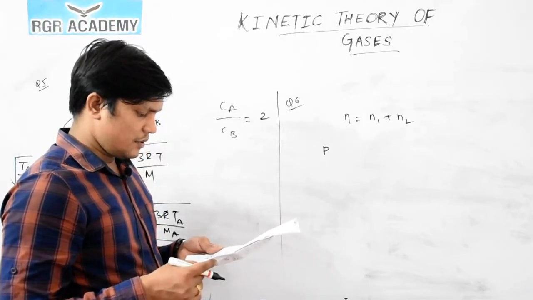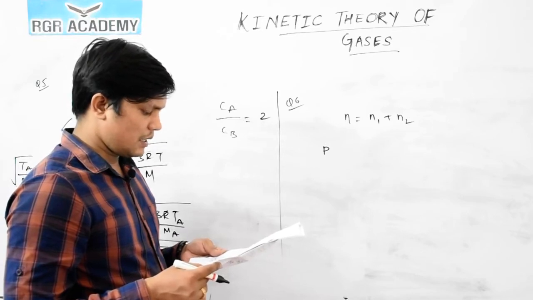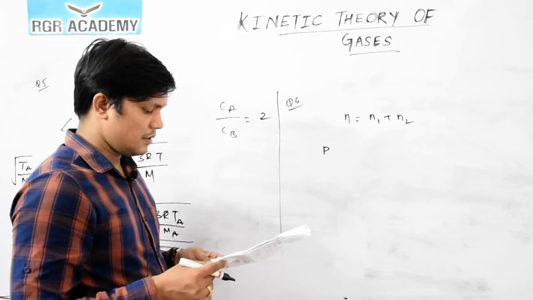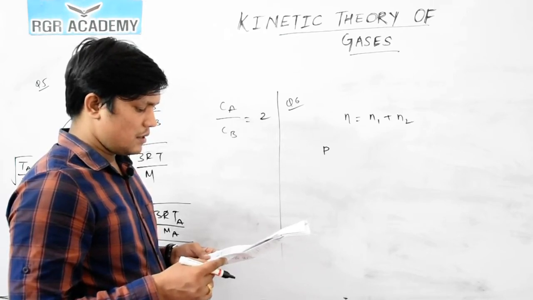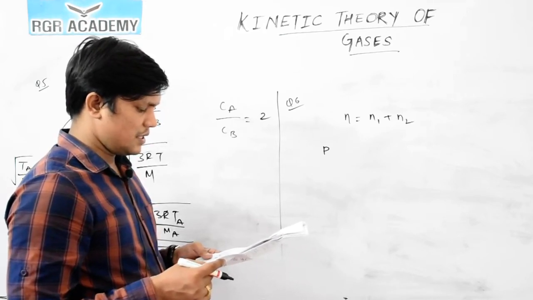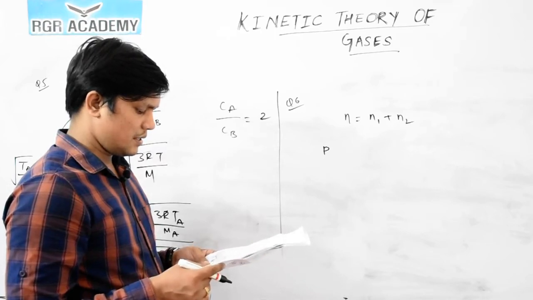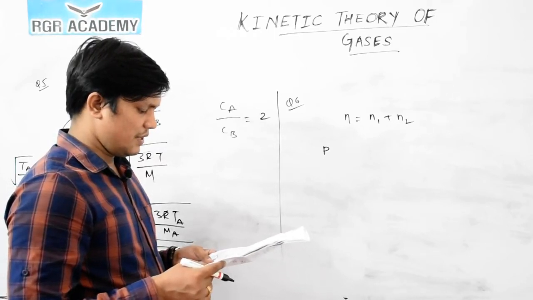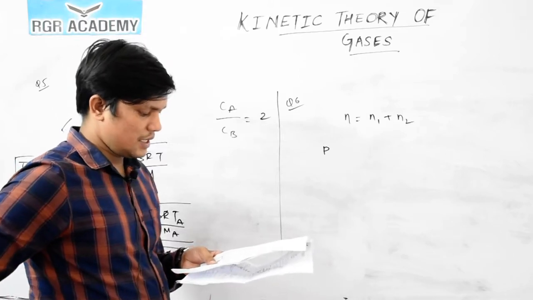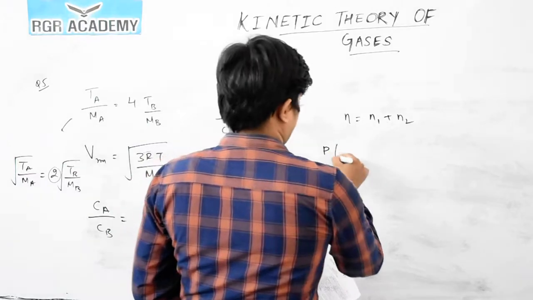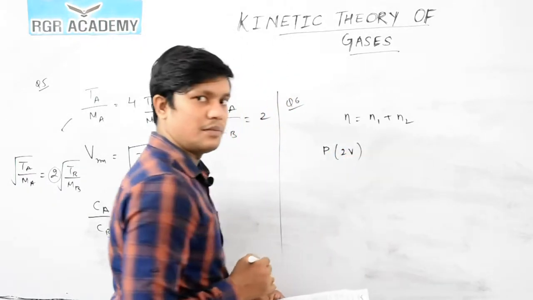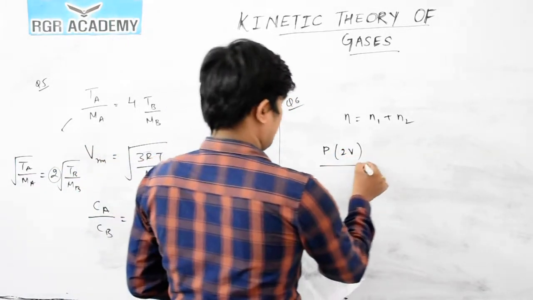Two spherical vessels of equal volume are connected by a narrow tube. The apparatus contains an ideal gas at 1 atmosphere and 300 Kelvin. If one vessel is immersed in a bath of 600 Kelvin, so T1 we will consider as 600 Kelvin and T2 we will consider as 300 Kelvin. So finally, the final volume will become 2V, divided by